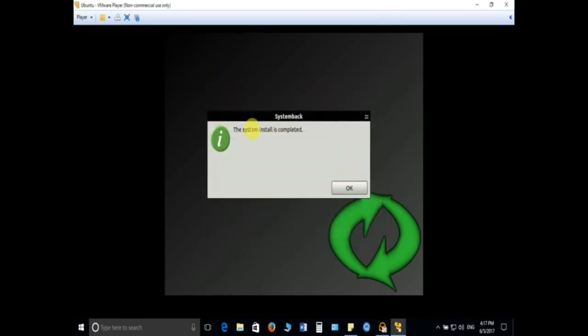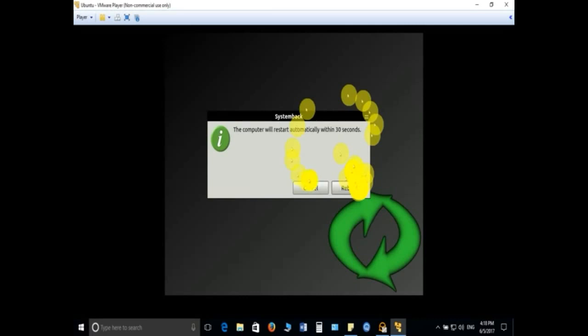So you can see here the system install is completed. Now I'll click on the OK button, and it is asking me to reboot the computer within 30 seconds, or else it will automatically reboot the computer. So I'll just click on reboot and the system will reboot.